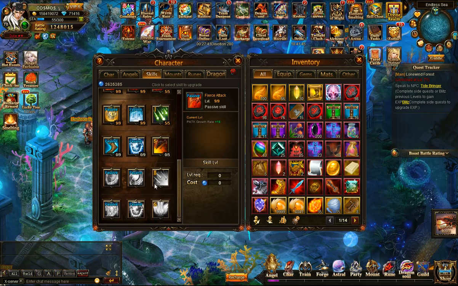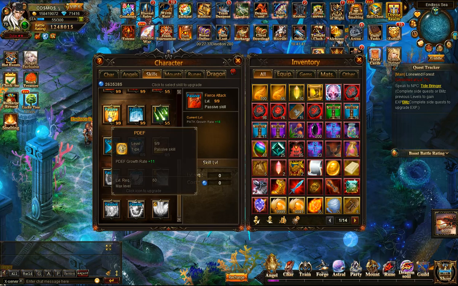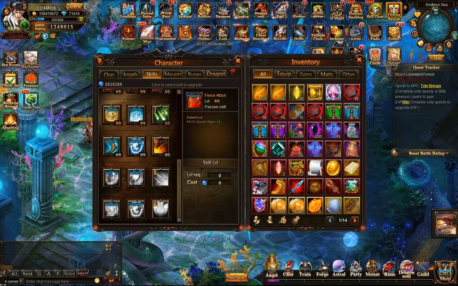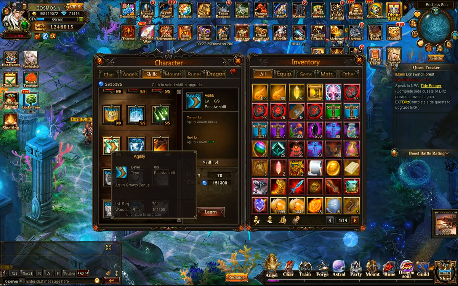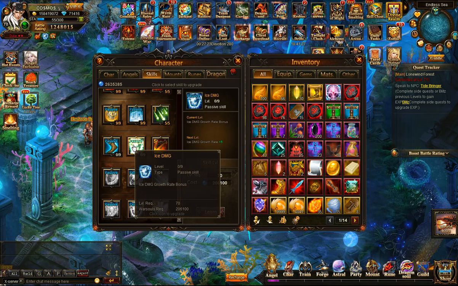This over here also opened up. Previously I could come up to over here, and this I cannot click, but I now have a new line over here, which is a passive agility, so even more agility. And then we got ice damage growth rate bonus. Okay, I'm not exactly sure what that is, because of course I don't have